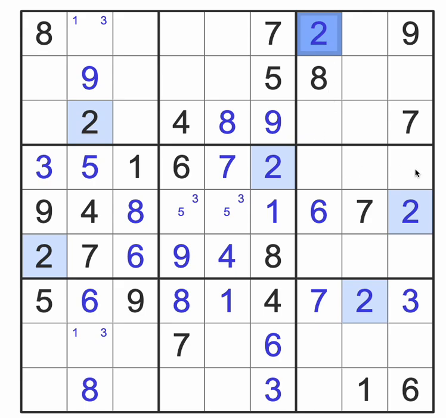4, 8, 9, 1, 3, 5. 1, 3, 5, 6. Okay, and these are 1, 2, 3, 6. Okay, so that means, let me look at this cell. So I guess